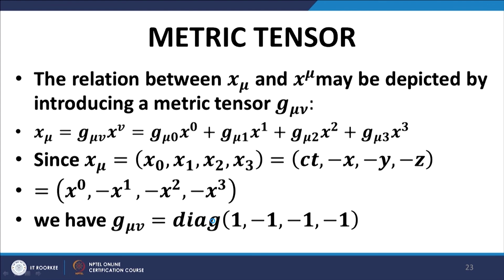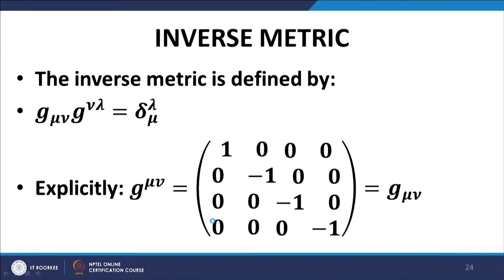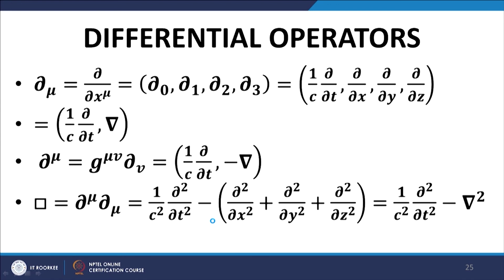In other words, we are using a metric where the signature of the metric is minus 2. A lot of literature is there where the signature of the metric is plus 2, in other words, the metric tensor is used with the diagonal elements minus 1, plus 1, plus 1, and plus 1. The inverse metric coincides with the original metric, and it has the same diagonal elements 1, minus 1, minus 1, minus 1, with all other elements being 0. Remember, this is a flat metric, not a curved space metric. It is called the flat space metric or the flat metric. Please note this point.